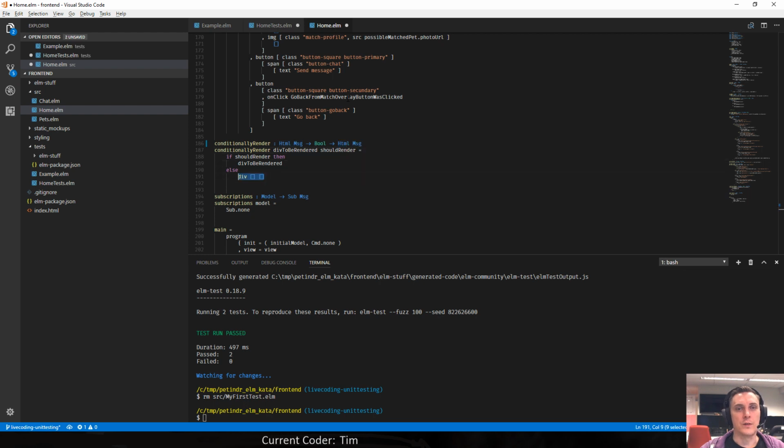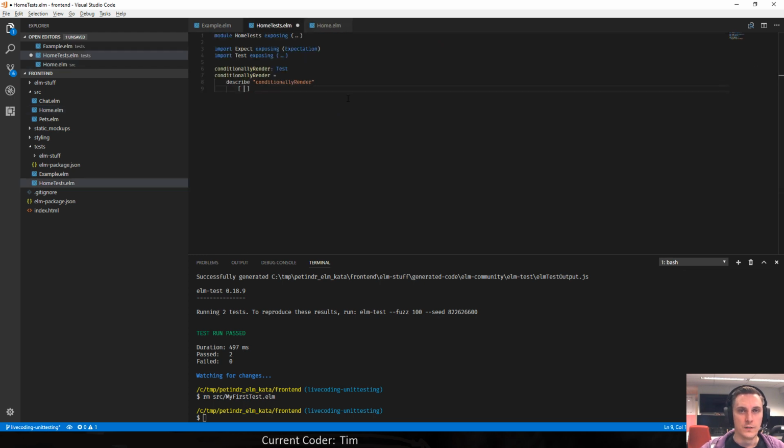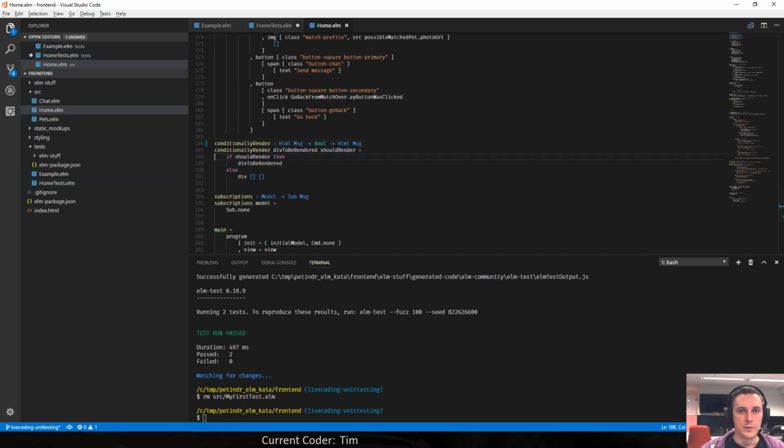Basically, that's all that's happening, and we're going to need these imports soon enough. It should just return the thing that we passed to it when this boolean is true. Otherwise, we render an empty div.